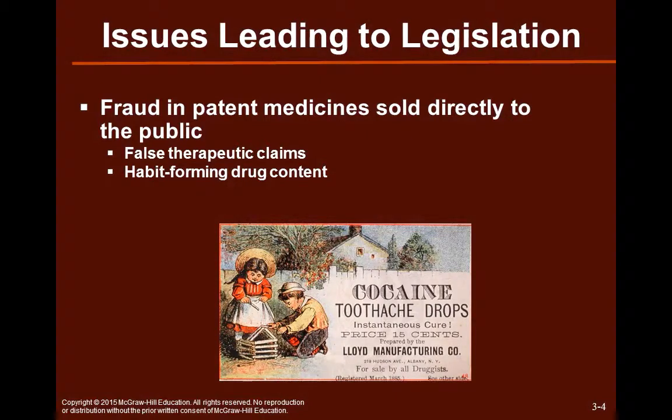these would be habit forming. Consuming cocaine in this form could be just as dependence-inducing as some of the other methods of consuming cocaine. So that was definitely a problem. And then, of course, those false therapeutic claims. That concoction you cooked up in your backyard probably didn't actually help with people's headaches. So those two types of fraud, false therapeutic claims and then content that was actually habit-forming, were two things that caused a lot of public uproar at the time that these laws started to be created.